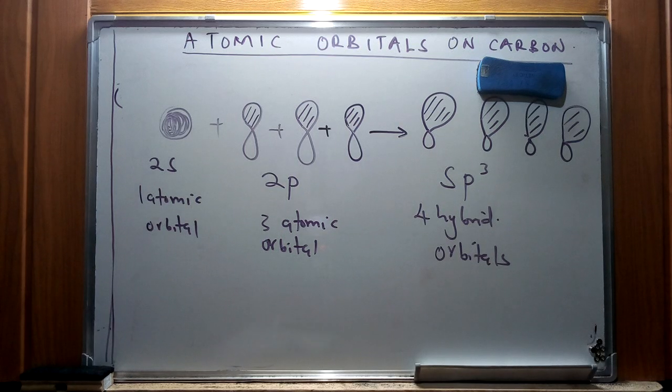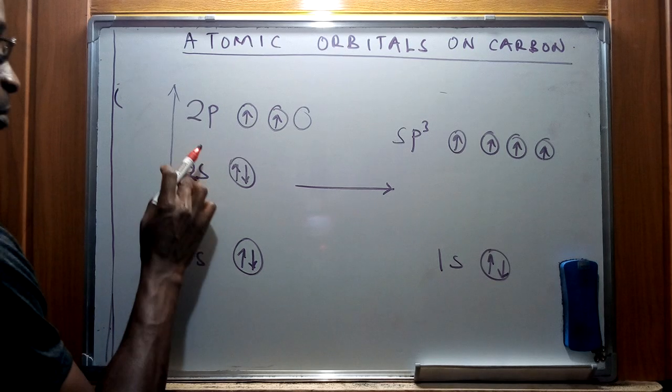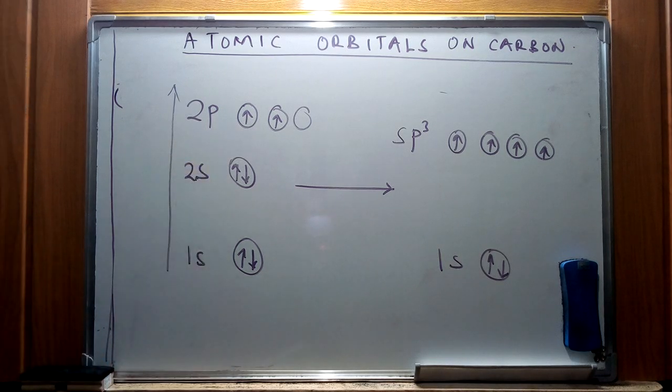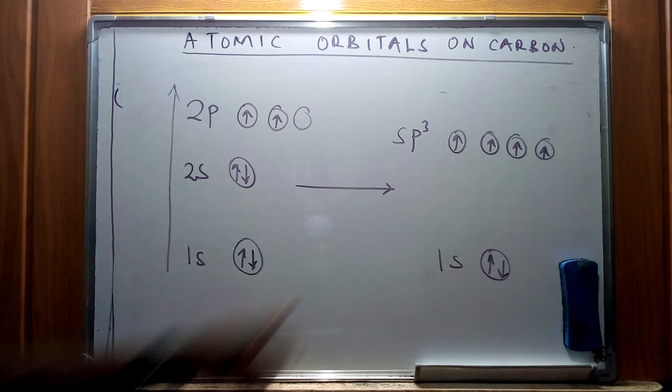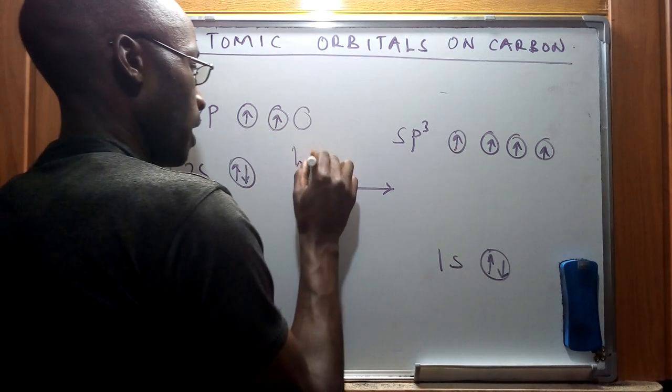hybridized orbitals. Now, in terms of energy level, we're also going to illustrate this using this specific illustration. From this energy level diagram, we see that this valence orbital from this specific point is going to be promoted to an sp3 hybridized orbital, which possesses the same energy level as the other orbitals from these 2p orbitals that we have seen. Now, these are going to contain 1 electron each in these hybridized orbitals. So this process is referred to as hybridization,